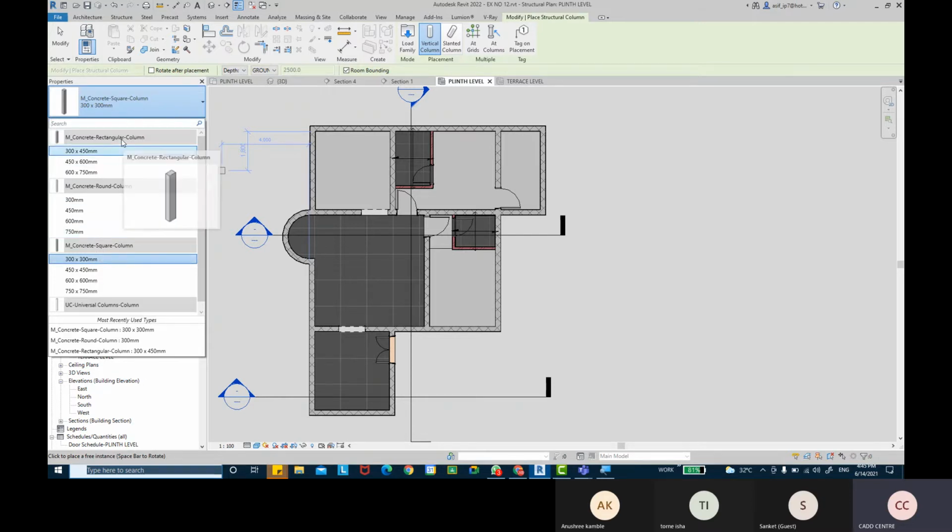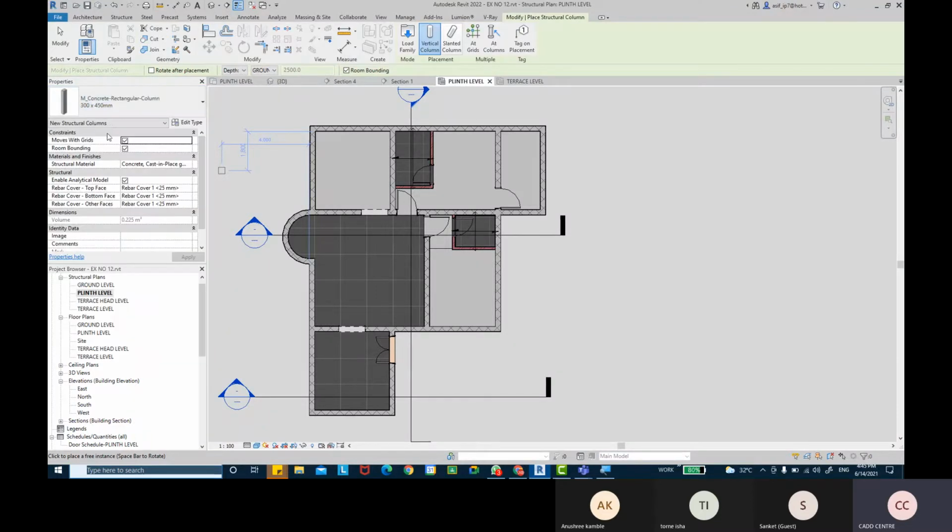Maybe you want some rectangular columns. These are the sizes currently available: 300 by 450, 450 by 600, and 600 by 750, which we can change. Maybe I want a rectangle of, let's say, 230 by 150 size of columns.